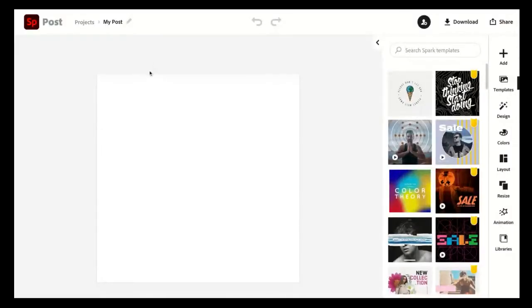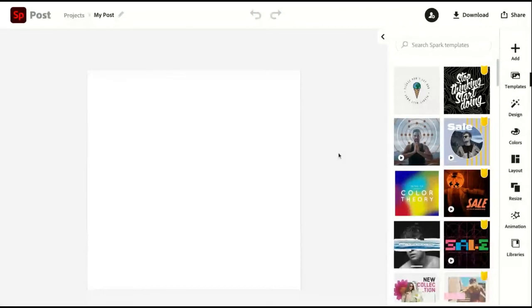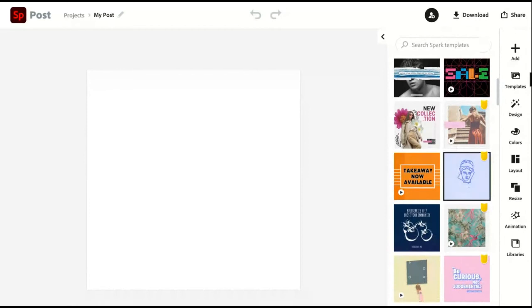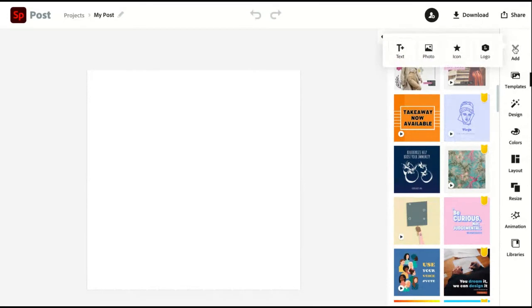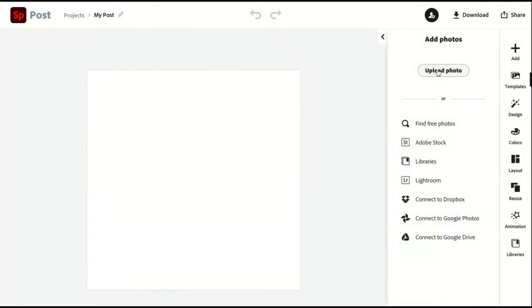There we are. Okay, so in this particular case, you've got all of these templates that you can choose from and remix the messaging and the imagery on. Or you can simply add your own content. So if I wanted to talk about anxiety, I could start with a photograph. I could upload my own photography, find free ones. Adobe Stock is a paid service with licensed imagery from amazing photographers all over the globe.